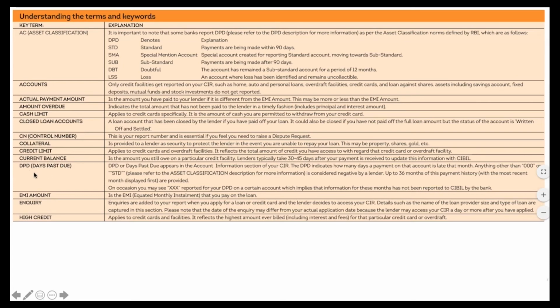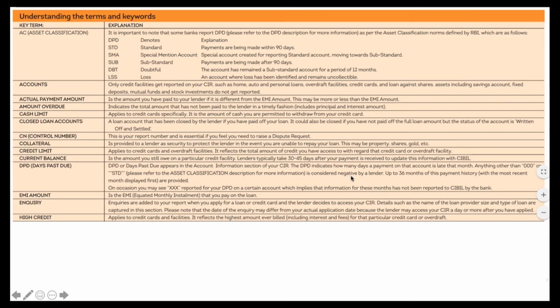Then comes that very critical element, DPD. Already we have touched on that, but still I repeat, DPD, that is days past due. This will appear under where? Account information section of our report, right? And this indicates for how many days the payment on that account is late. That is for how many days it is delayed from the original date. So if there is anything other than 000 or STD, then that is generally considered as negative by the